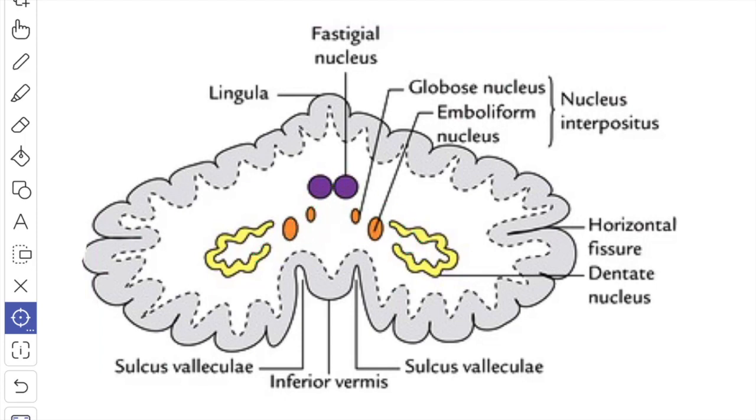The intracerebellar nuclei, which are also known as the central nuclei, are masses of grey matter embedded in the white matter of the cerebellum. On each side of the midline, they are 4 in number. From lateral to medial side, they are the dentate nucleus, the emboliform nucleus, the globose nucleus, and the fastigial nucleus. The dentate nucleus is the most prominent of the intracerebellar nuclei and largest in the primates, especially in humans.